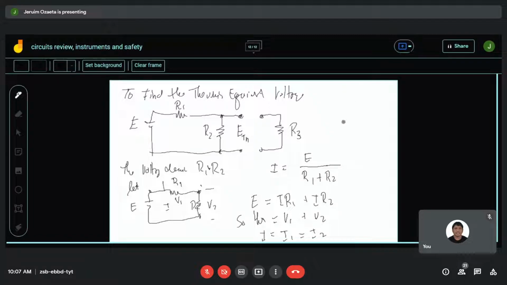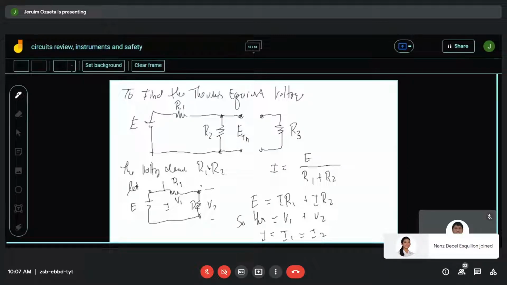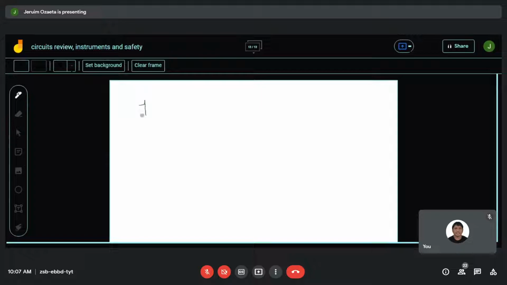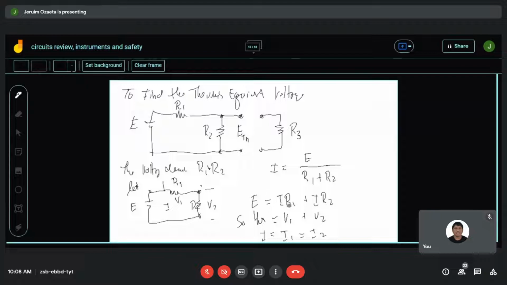So to find out the current, we get I sub 1, by the way. Now, with these three equations,